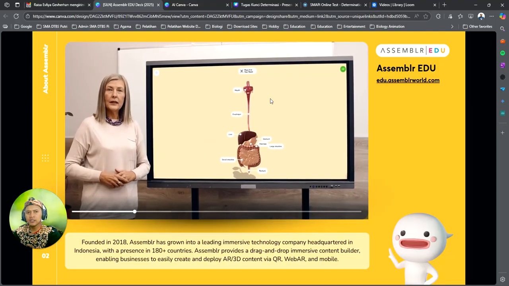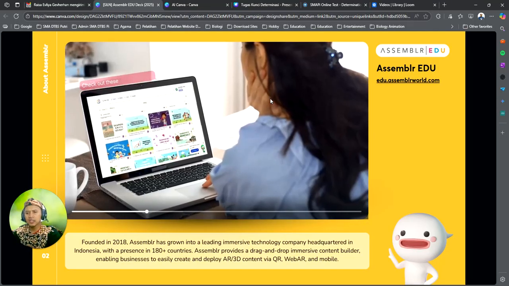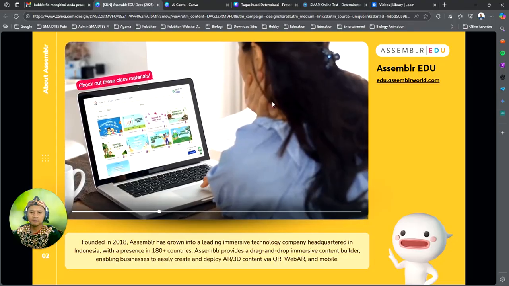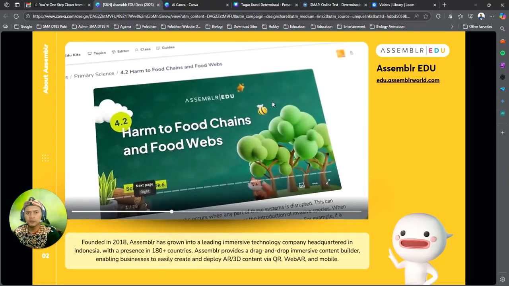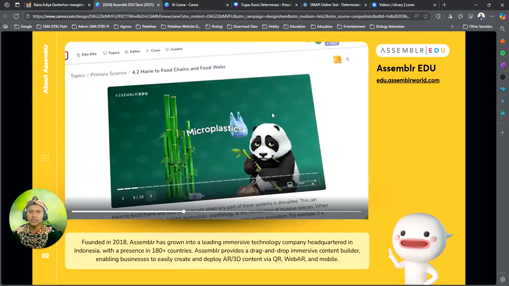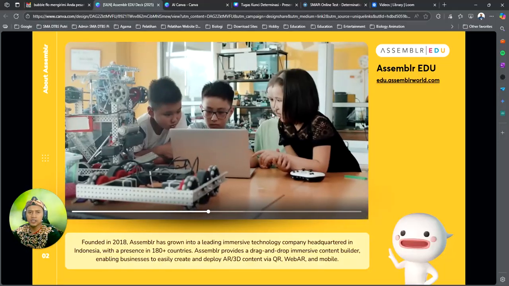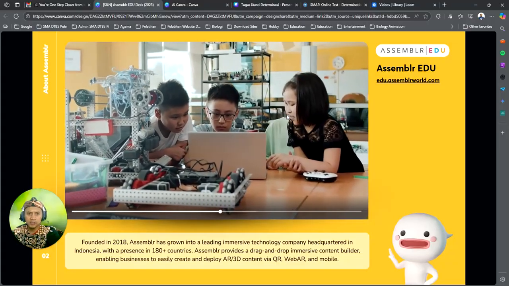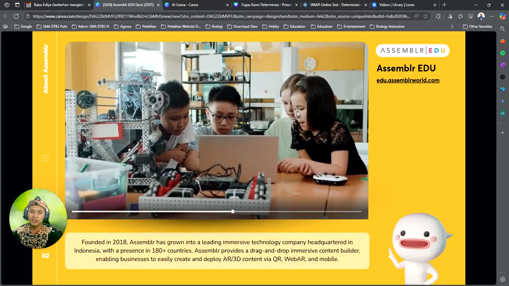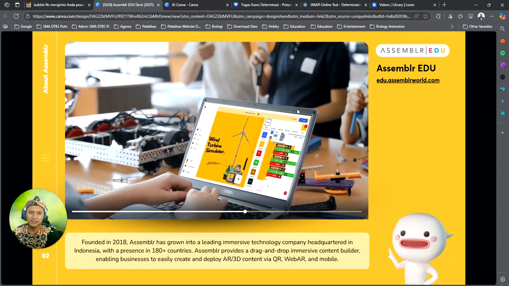This slide gives us an overview of Assembler Edu and the company behind it. Assembler Edu was founded in 2018 and has grown into a leading immersive technology company headquartered in Indonesia, especially in Bandung. This is my country.